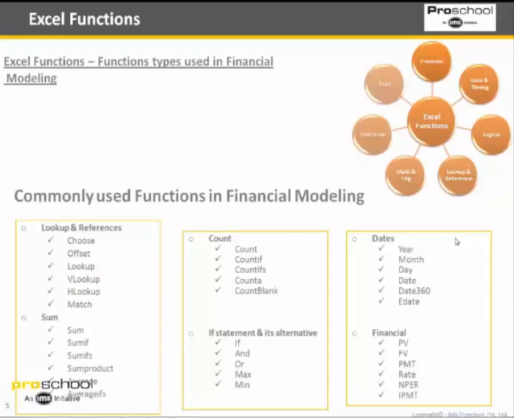Welcome back. We'll be starting with a session on functions. If you look at the broad set of Excel functions, as we saw when we looked at the various categories, you have functions which start with financial, date time, logical, reference, trigonometric, statistical, textual, and a whole lot of other categories. The key ones that are important for us are the more highlighted 5 ones, and within that, the functions are listed out here. What we'll start with right now is the sum, the count, and if alternatives.